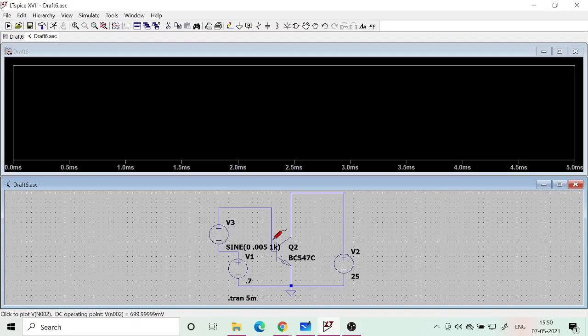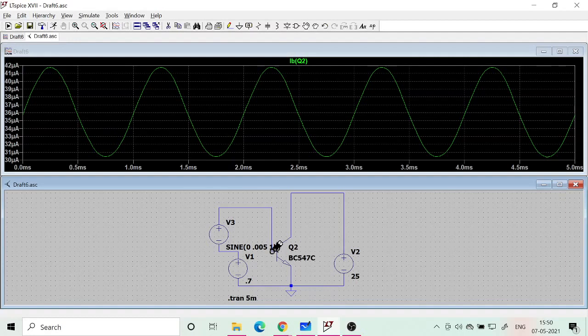So look at the base current. So that's the base current. Now draw this waveform, note down the variation of the IB. What you do is just take the peak value, that is around 42 roughly, and then this is around 31. So 42 minus 31, which is like 11 microampere. That is the delta IB, change in the input current.